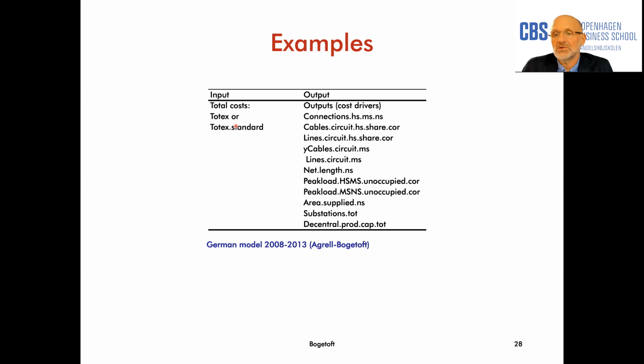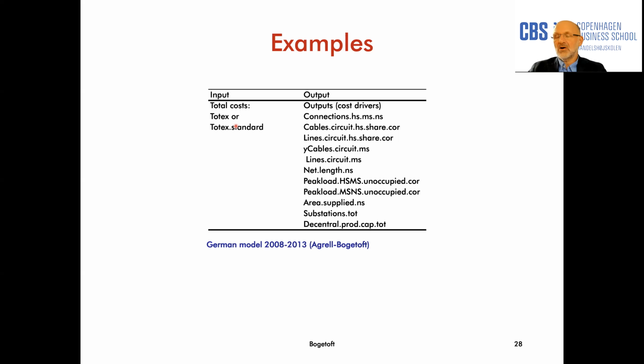So that was an early attempt to illustrate what one of the larger models that are being used looks like. I can mention the German model for electricity networks. It uses 2 types of Totex, total expenditure, one based on accounting capital cost, and another one based on standardized capital cost. I'll return to that later in this presentation. So you have 2 cost measures, and you use either one or the other. They are just 2 ways of measuring Totex.